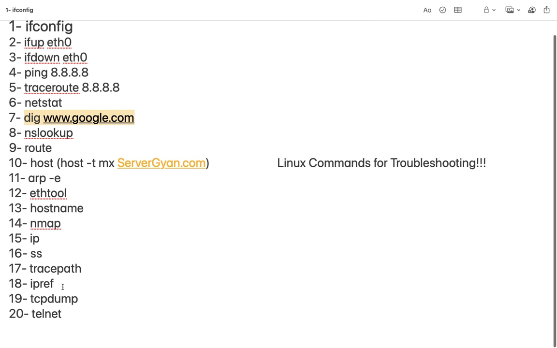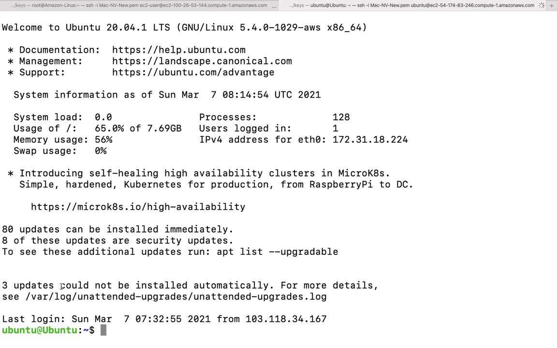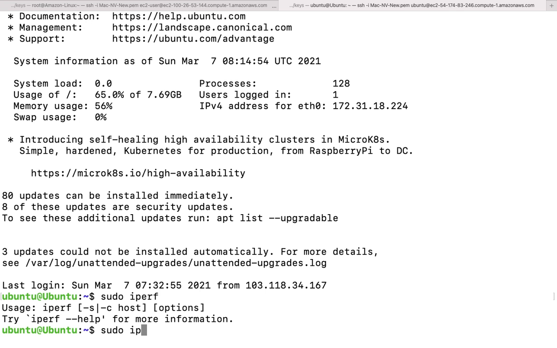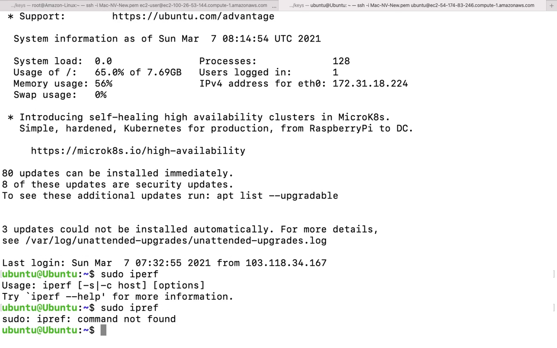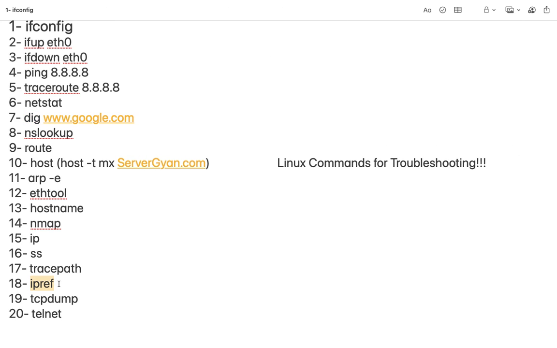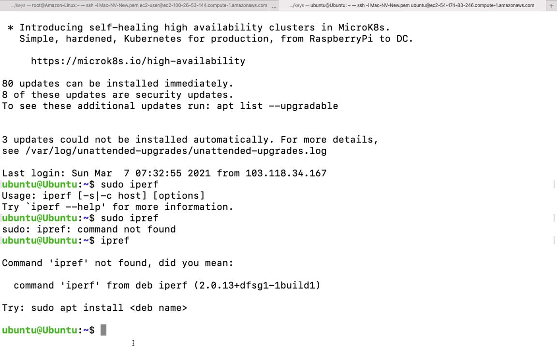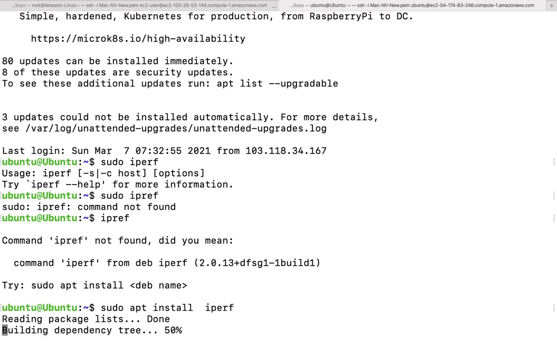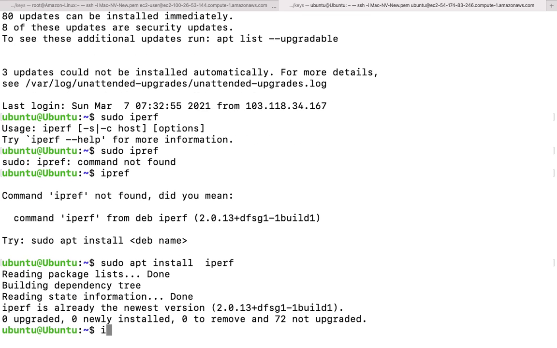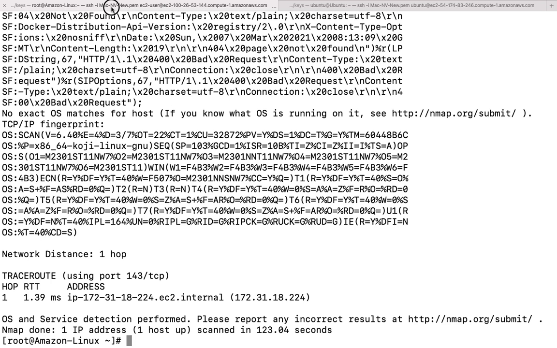Then after that we have iperf. This is the command we are going to use. Let us do one thing: sudo install iperf. This is the command to check additional connectivity on top of ping. This is the command which I'm going to install here. iperf, and after that -c to connect, and then the particular IP address of any operating system, whatever you want.